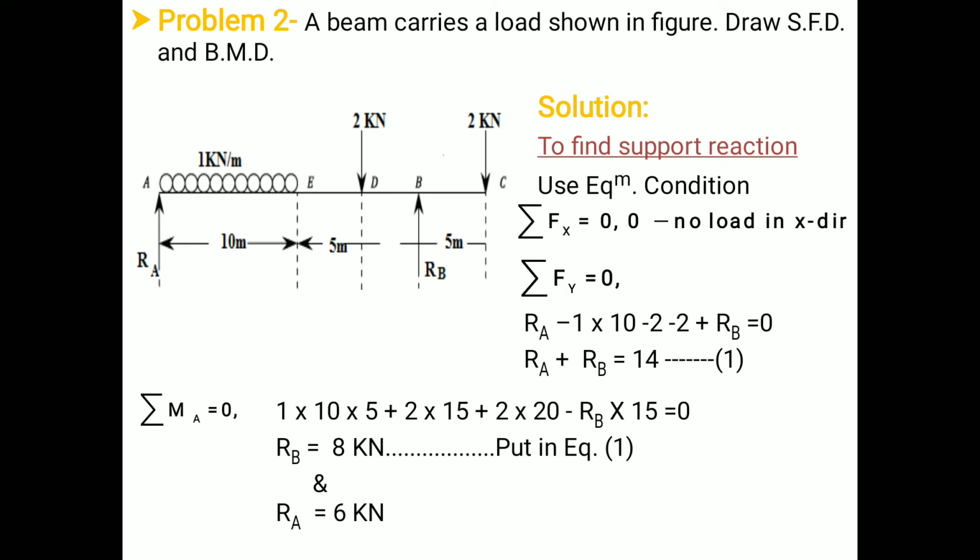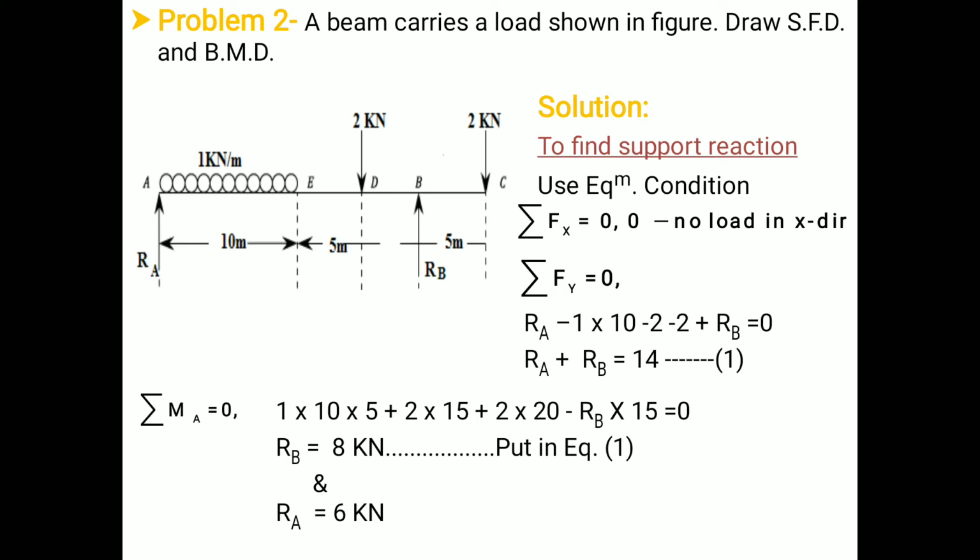Now, as shown in the figure, we have an overhanging beam which has support at A and support at B, and there is an extended part of the beam beyond point B. Therefore, it is known as an overhanging beam. That particular beam is subjected to a UDL of 1 kN per meter on the span of AE, and that span is 10 meter. It is also subjected to a point load of 2 kN at point D and at point C. So for such a beam, we are going to draw SFD and BMD.